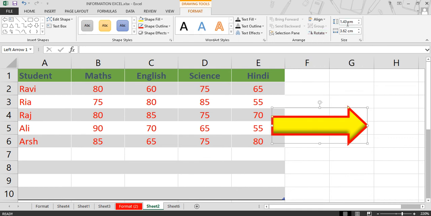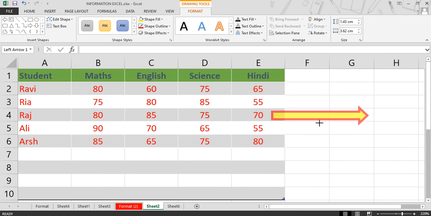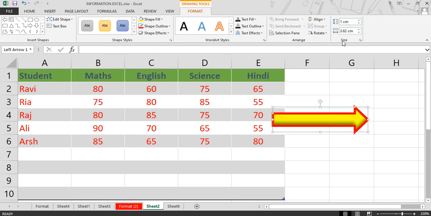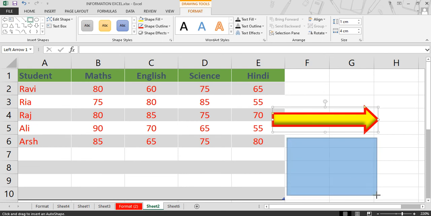You can resize this either by using the mouse or by entering the value here, height 1 centimeter. If you want to decrease the width, enter the centimeter value, so it increases or decreases. So in this way you can insert any other shape in your document if you want to insert. Like I want to insert one rectangle. So in this way you can insert more shapes.